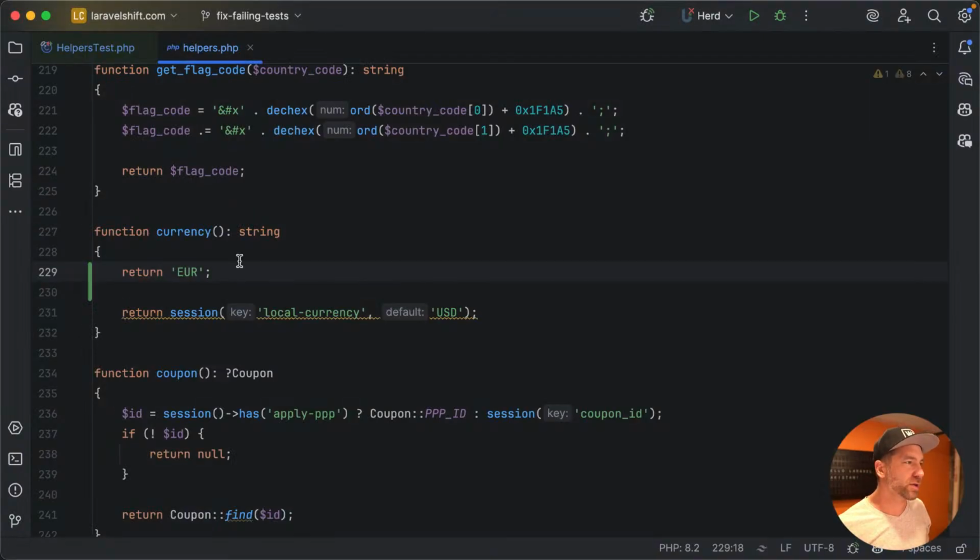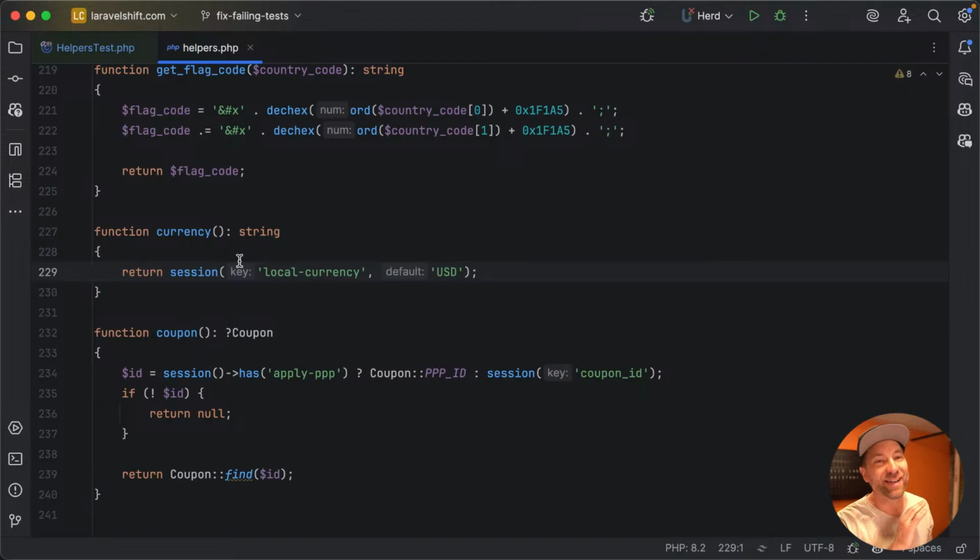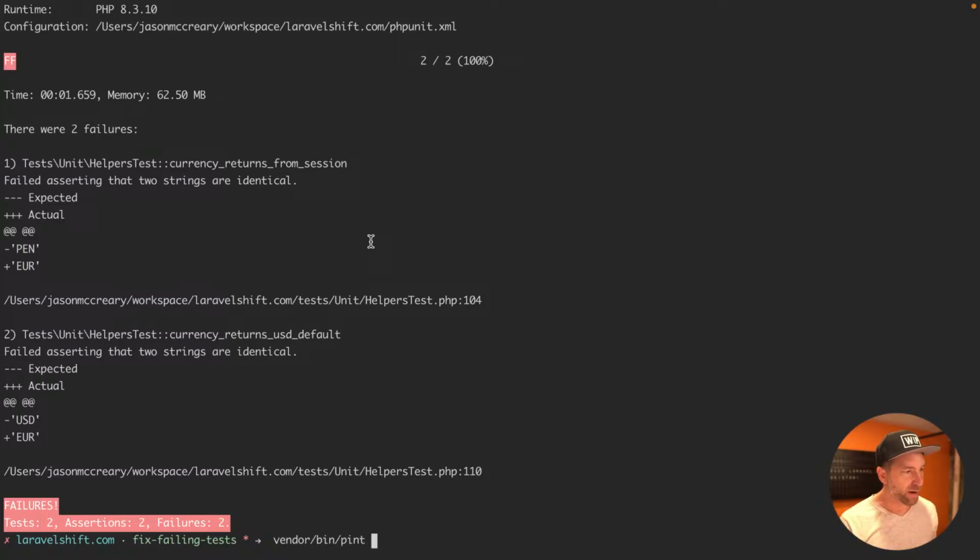So 2 little tests just to make sure the site's not displaying the wrong currency. Again, it's a tiny 1-line helper, but it really messed up the display on the site. If you weren't familiar with Shift or an existing user and went through the checkout flow, if you were a brand new user and you saw that stuff was in euro and you pay USD, you might have been like, oh, that's weird, and bailed. So I could have lost a customer on this 1-line mistake. So it seems simple, but all right,